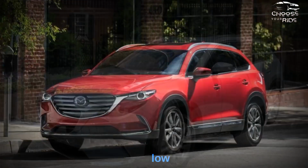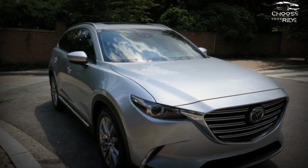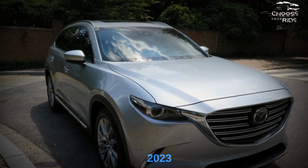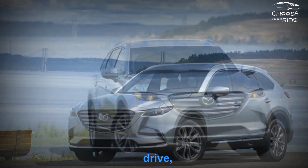The useful dash is low and light with fingers and buttons, although it lacks its infotainment interface. The unusual 3-spoke design and crystal-clear design tell us everything we need to know. The CX-9 is made to be driven. 2023 Mazda CX-9. Performance. The 2023 Mazda CX-9 is a lot of fun to drive, but it won't win a